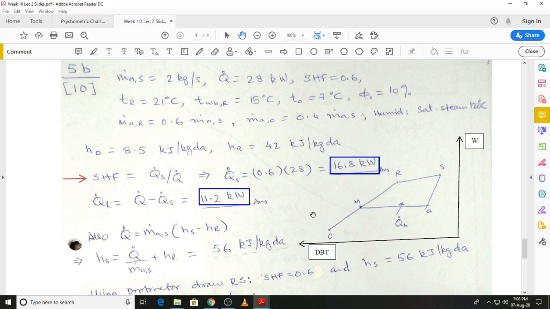The next thing is to move on to the other as yet unknown states of the cycle. We have got two states, we need at least M and S. Then we can draw the complete cycle, and that will allow us to obtain further results. So to locate state S, we can start first by looking at the energy balance for the process RS,